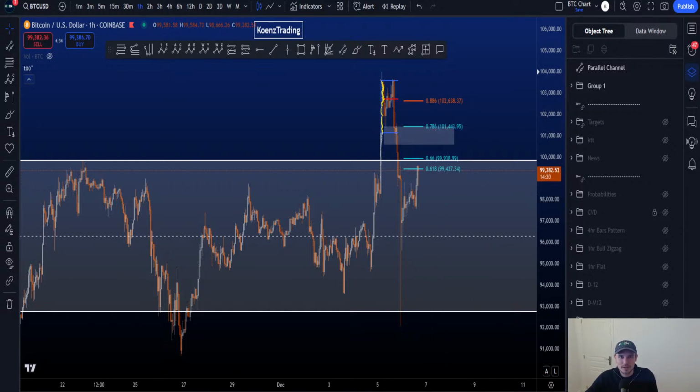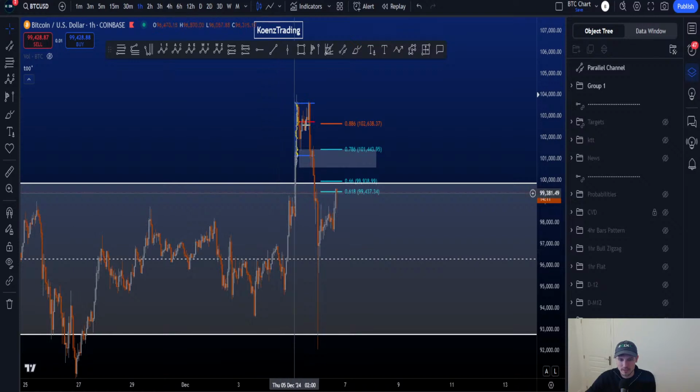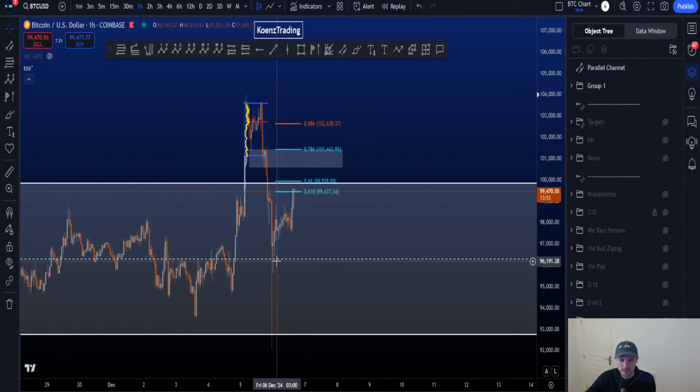The only emotion I have is Elliott. New entry, not at the moment. I'm not interested in going either long or short. I was in a long yesterday, stopped out in profit when the probabilities changed, hitting 100K and $63. So profit was made, followed the plan, executed on the plan. And the moment probabilities changed, I was out. So perfect execution. And now I'm just waiting for more information. I'm not interested in this stuff here.